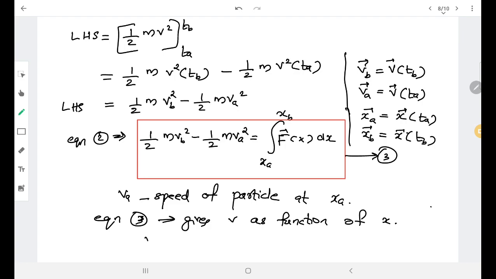And we know that velocity v is equal to dx by dt. So we can again integrate this equation 3 and we can find x. So we can use dx is equal to v dt. Integrating equation number 3, we can find the value of position. Equation number 3 is a general equation, and using this general equation we can do some examples also. I think this derivation is clear to you.